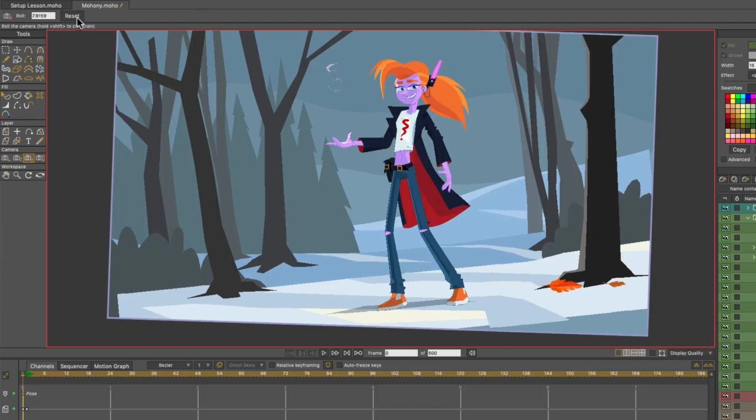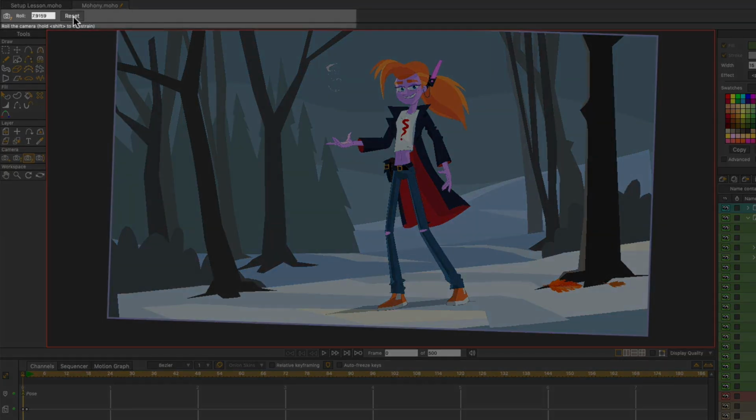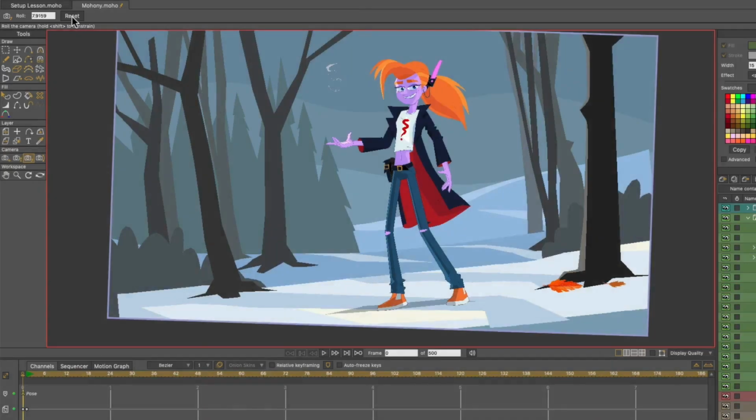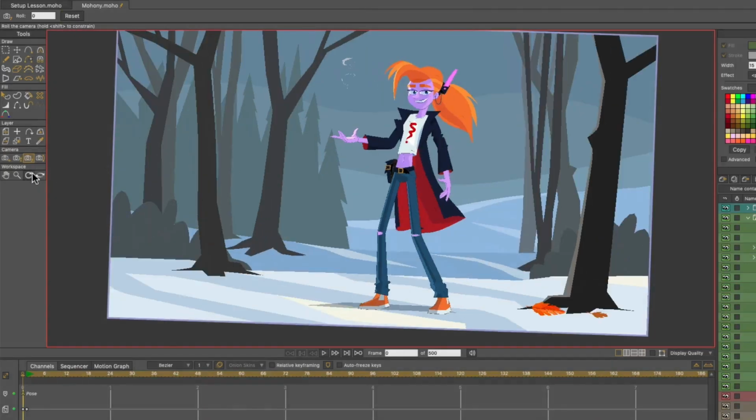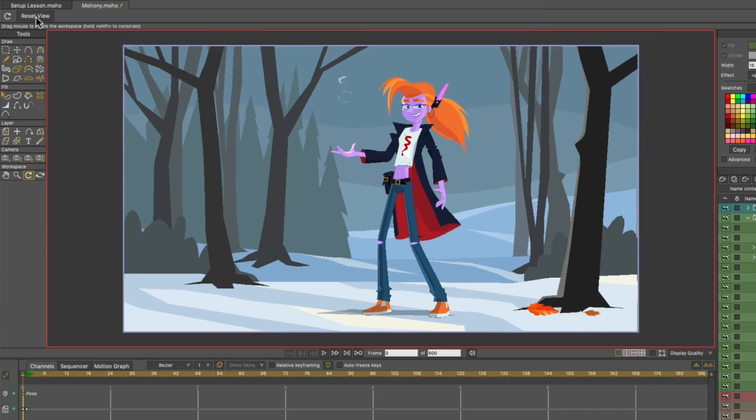Now I want to reset this, which brings us up here to the Tool Settings toolbar. This will be different depending on what tool you have selected. There's a lot of important functionality up here. And also, just under that toolbar, there's a row of text that will give you important tips on how to use a tool, like what